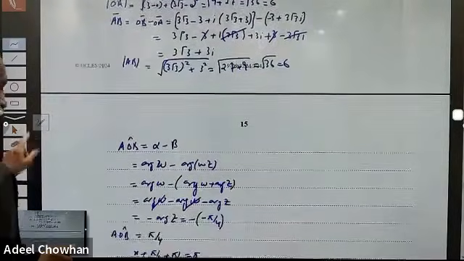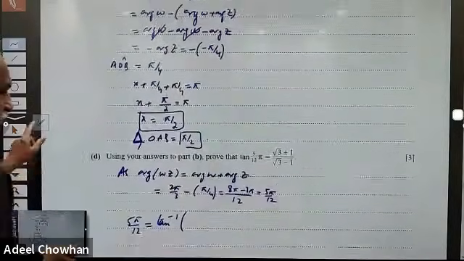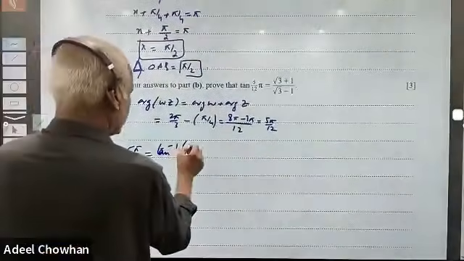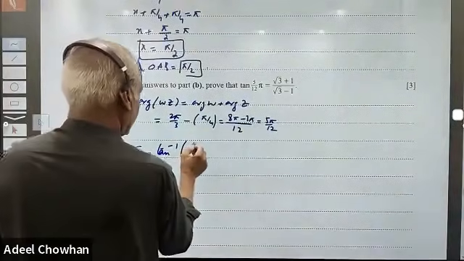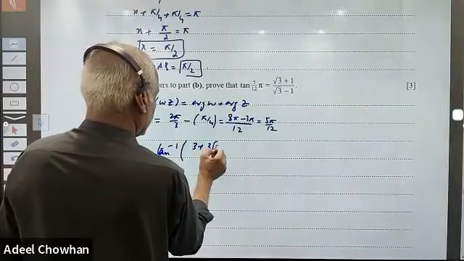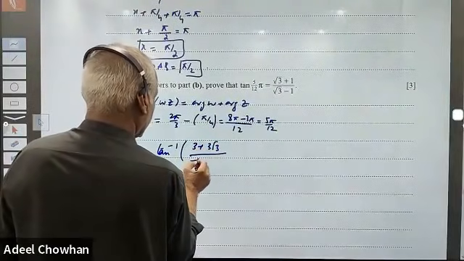So it should be equal to tangent inverse of 3 plus 3 root 3 divided by